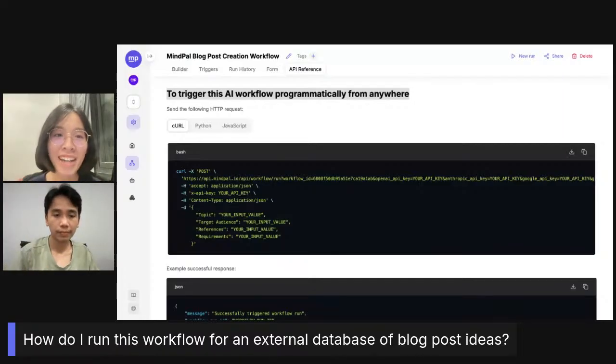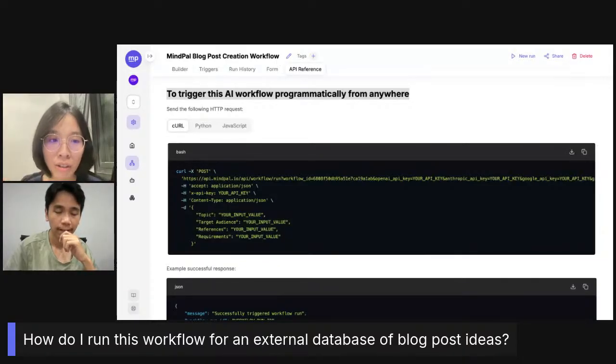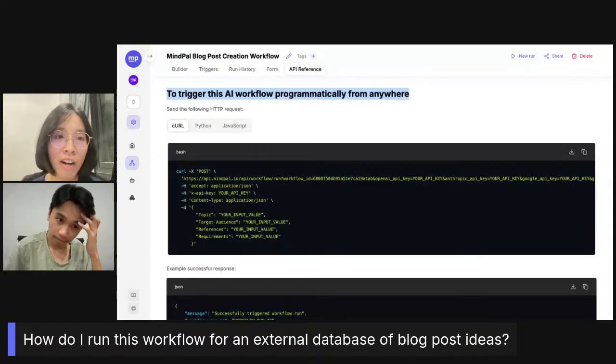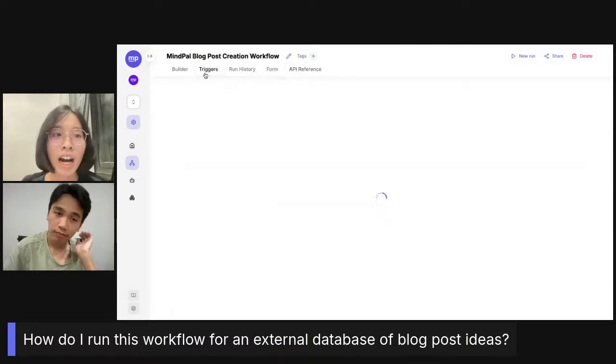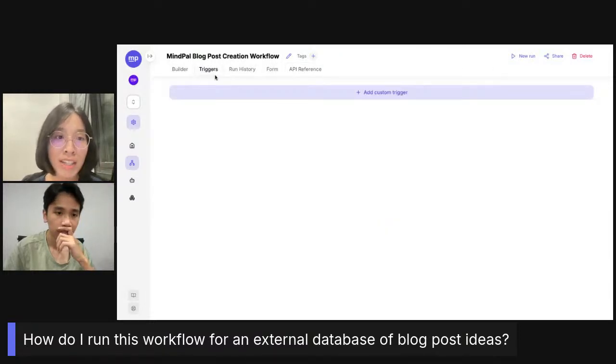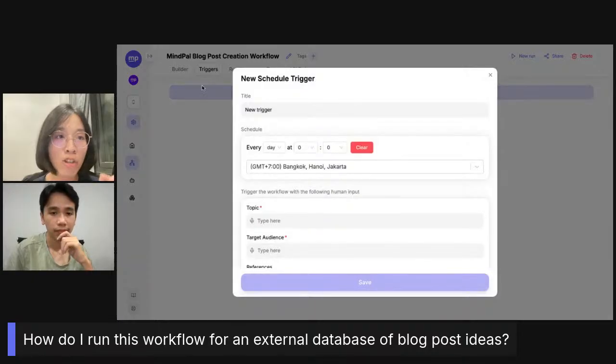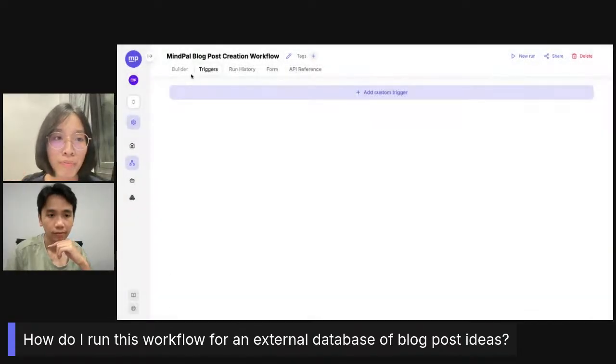And I would like to add a third approach to this as well. This API feature, though useful, could still be too technical for some businesses. So another way you can do is leverage our triggers feature here. This is a place where you can add a schedule trigger, let's say to run this workflow every day at 9 a.m. and then you can remove